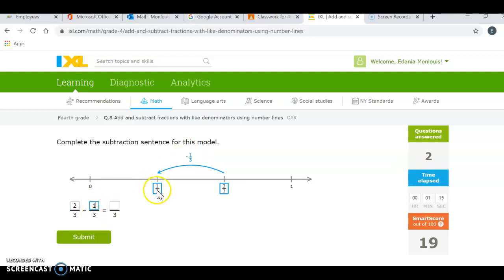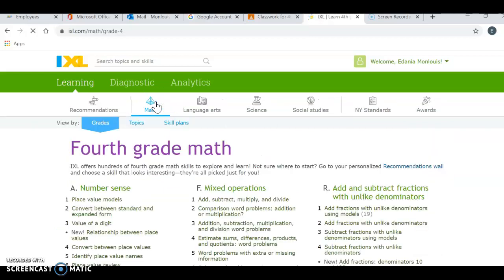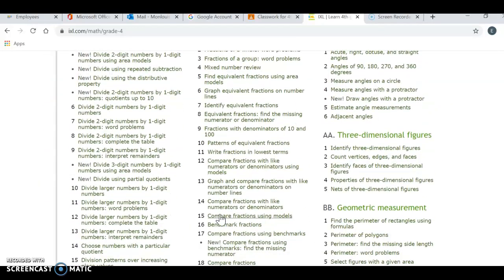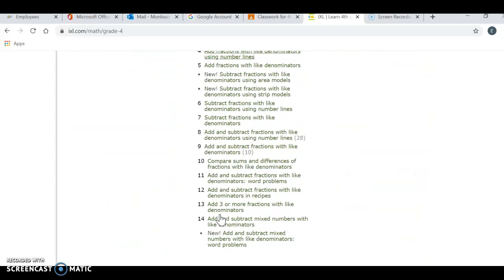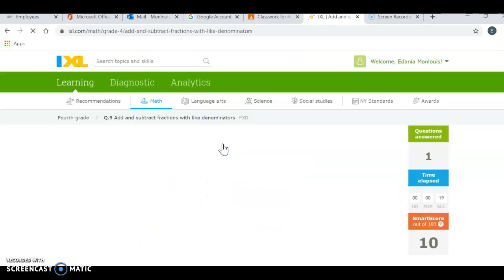And then what's my answer? I'm ending up on 1 over 3. I'm going to put 1 here and submit. All right, so you continue this exercise, and when you're done, click on math and go back all the way down, same place, but this time you're going to do lesson 9, which is addition and subtraction, but this time